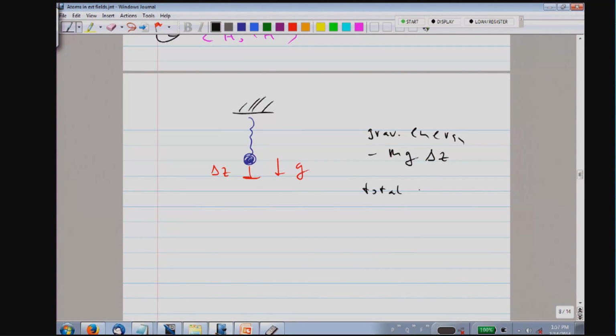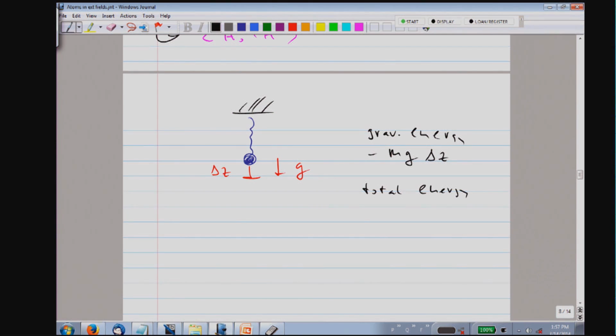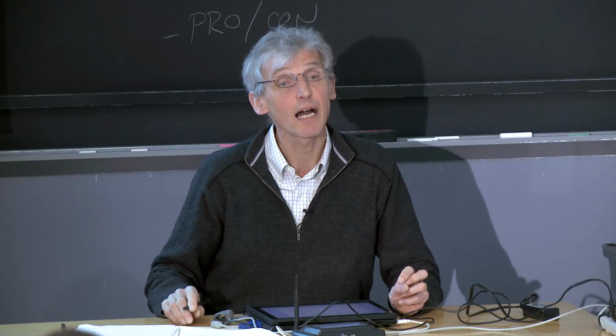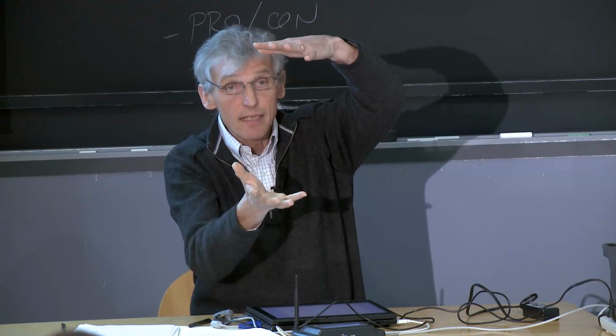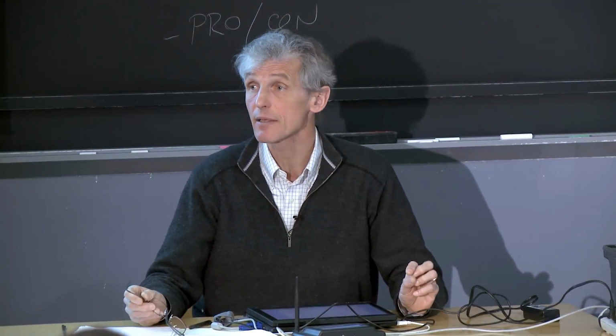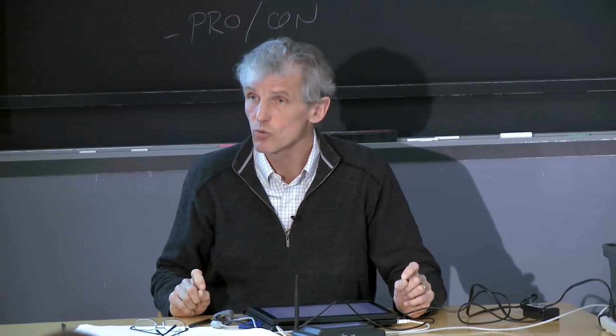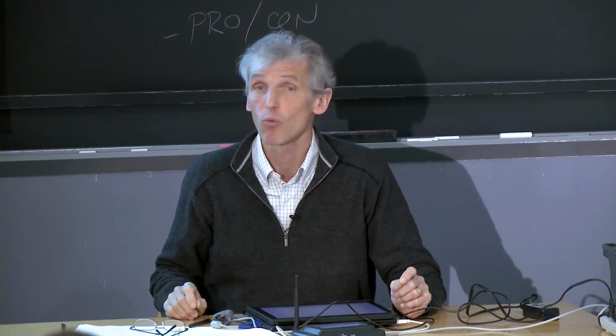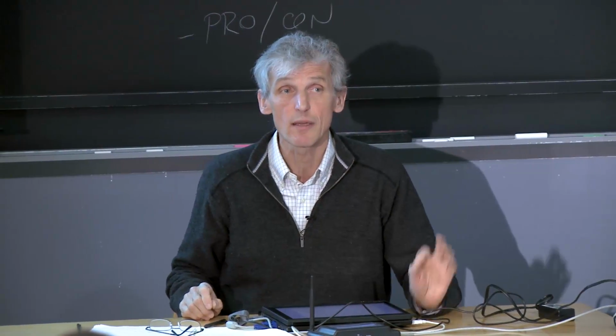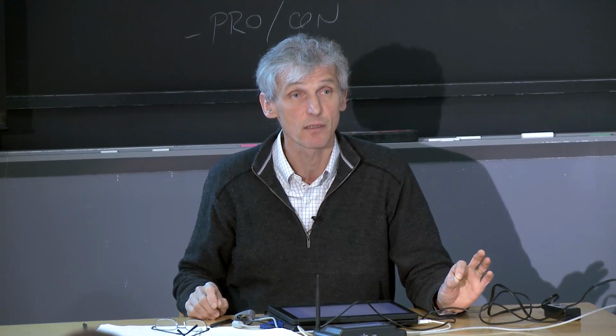How much is the total energy affected when we switch on the gravitational field? One half of it. Because of the negative energy which is gained in the gravitational field, one half of it is used to stretch the spring. One half of it goes into the internal energy of the system.